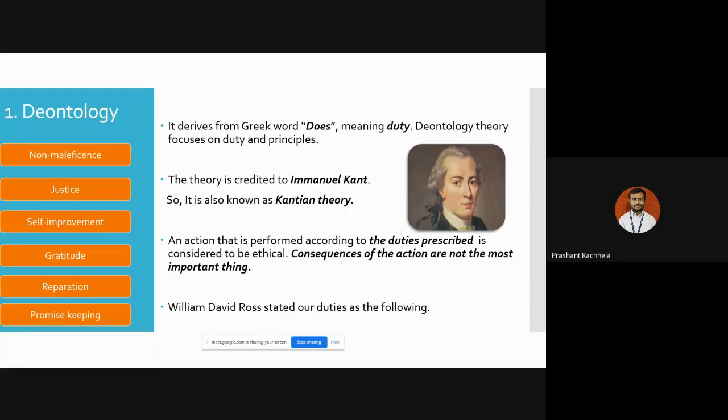Here, the duty is given more importance, no matter what the circumstances are, and that's the clear message. Now, if we talk more about deontology, and if I give you more examples regarding this, all of us are very much aware of Ramayana. And in the lockdown also, the Ramayana serial was very popular. So I'm assuming that most of you are aware of Ramayana, and we are aware of the character of Ram, the god Ram. So we are aware that Ram is the character who gave more importance to duty,